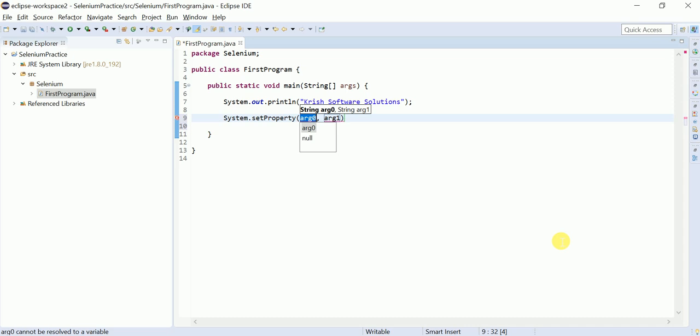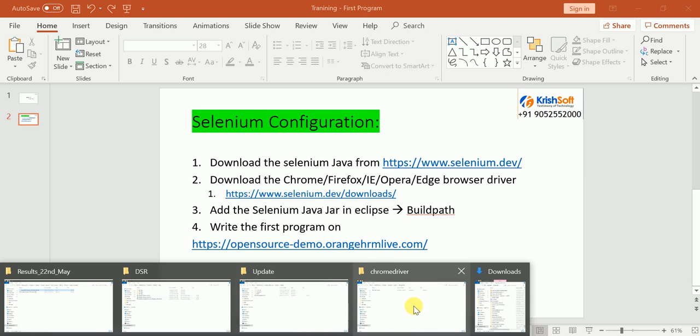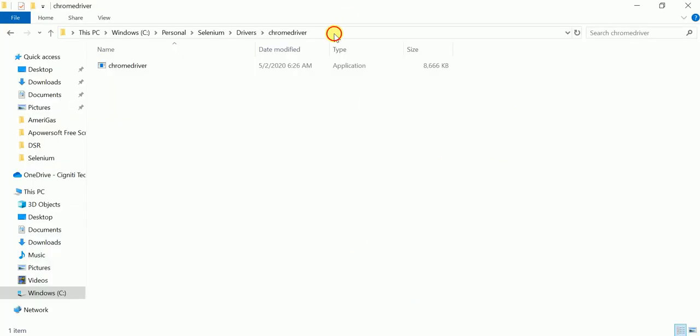Next, if you want to work with the Chrome browser, you need to set here webdriver.chrome.driver, and you need to provide here your exe file path. Where is my exe file path? Chrome driver, this is my path. You need to give this path here.